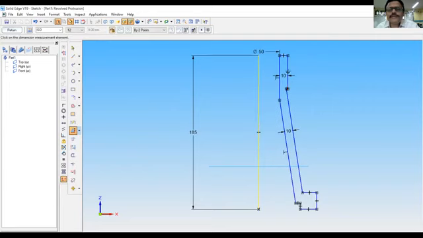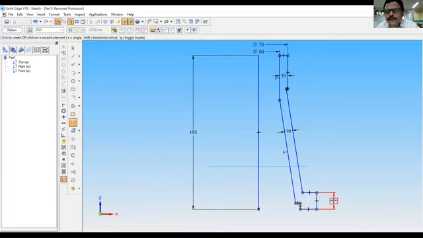Do all the dimensions as per the sketch. This one is 20. Then this dimension is this dimension. You can see that it is 3 mm here.